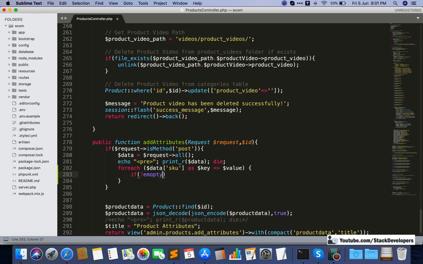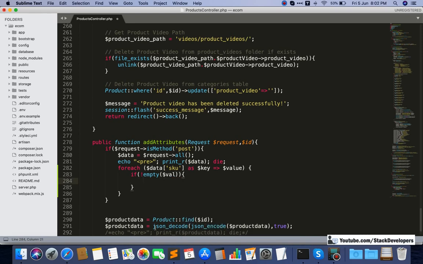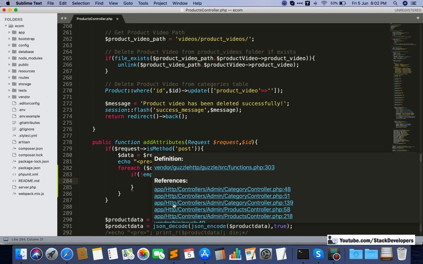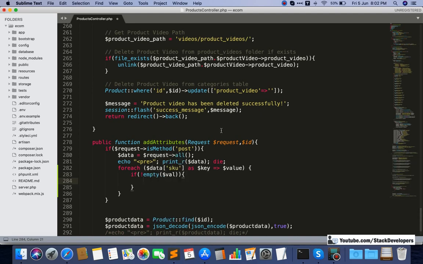We need to add many conditions here, because otherwise empty data can be filled. We are also going to add the condition in the form itself, so that no one is able to add empty data. So here, if not empty, then I am going to add all the data inside this.